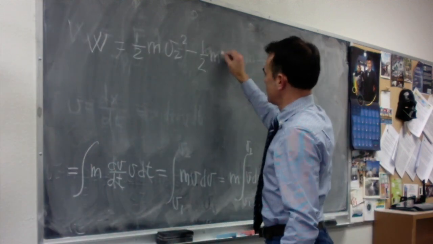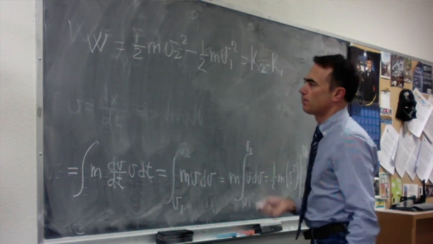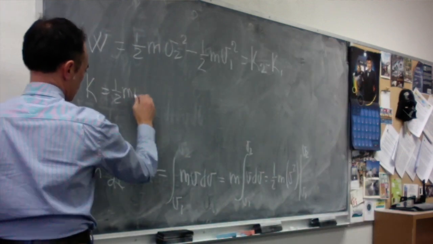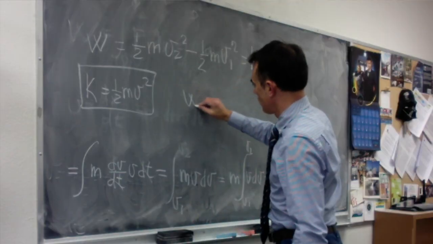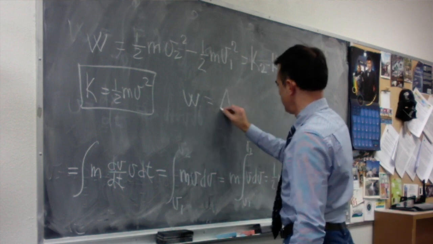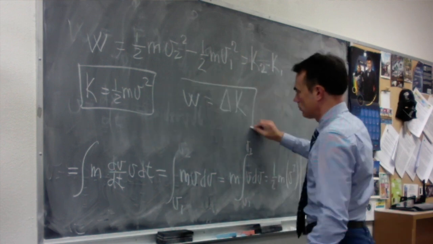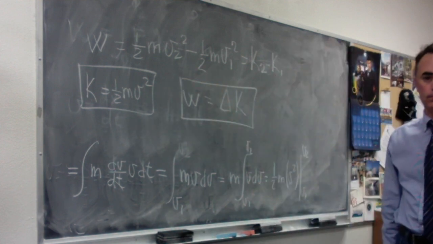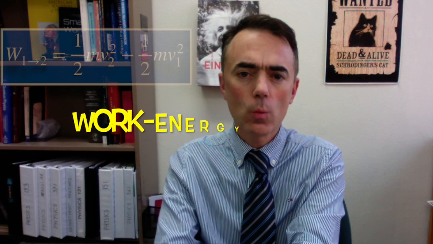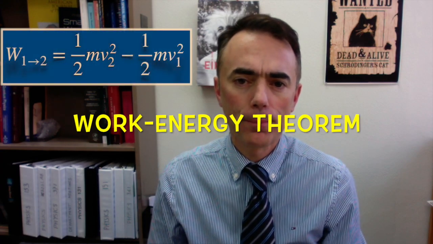It is the energy that an object has due to its velocity. The more velocity one object has, the more work it can do. Also, the larger the mass, the larger the energy, and the larger the work it can do. We can write this result as: the work is equal to the change in kinetic energy. This is the work-energy theorem.